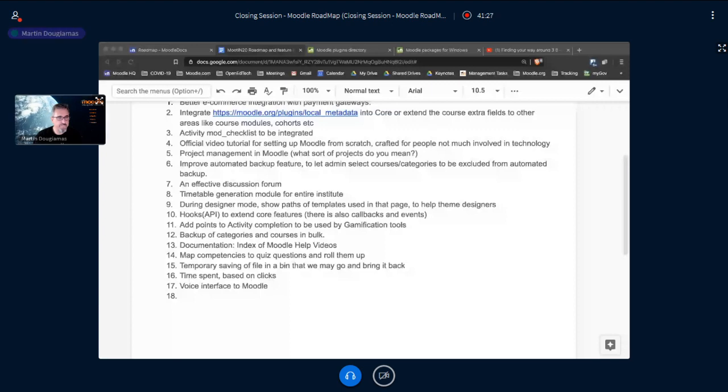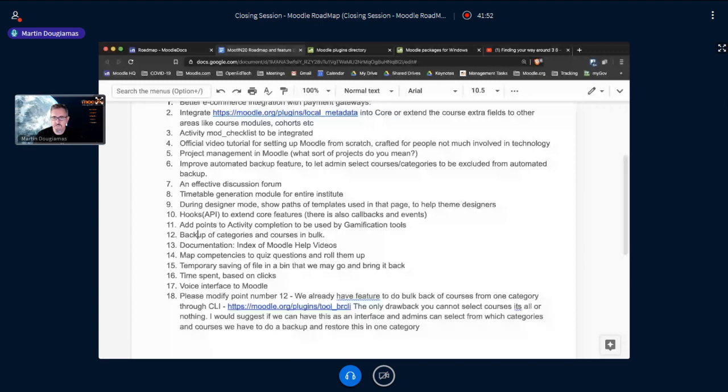Another one from Shirag. It's still about kits, I think. Okay, and Lokesh, point number 12, you're saying, I'm going to just copy it in the window. So backup of categories.